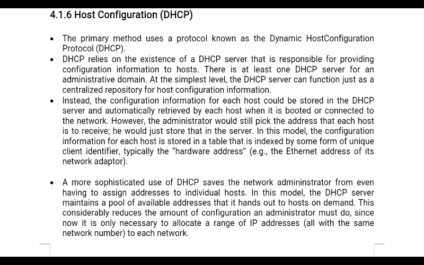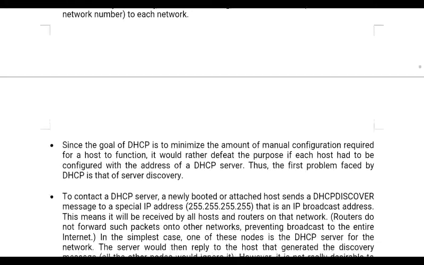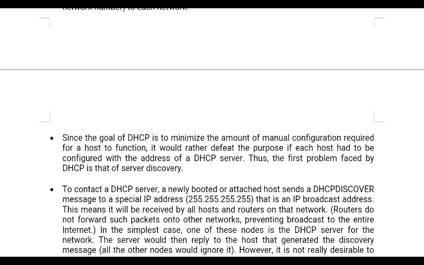So if a large number of computers are there and n number of different networks are present, then instead of going for manual configuration, everyone wants to go for automatic configuration. Is it clear? So to reduce the workload for the network administrator, automatic configuration will be there. So how is this going to be done? In the network you have one particular server called the DHCP server. So each host which wants to connect to the network is going to send a message over there. So a DHCP discover message is going to be transmitted.